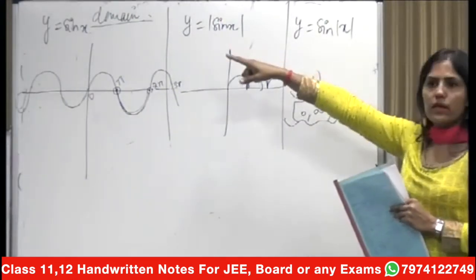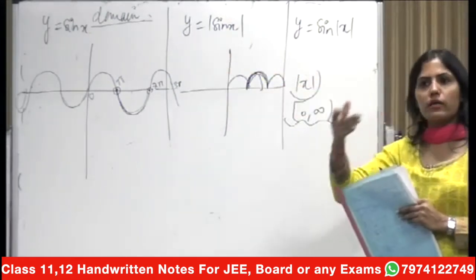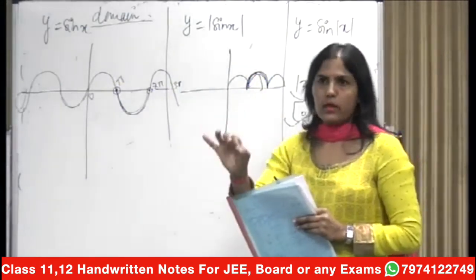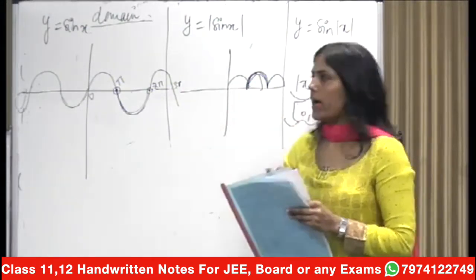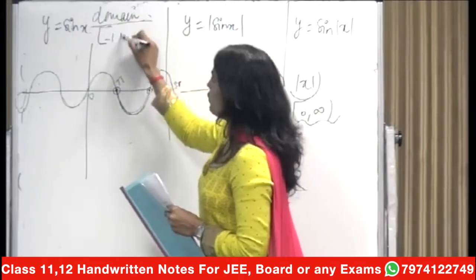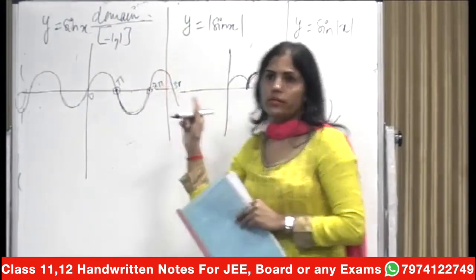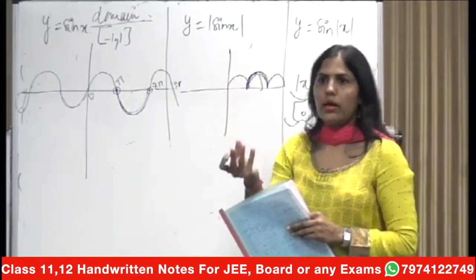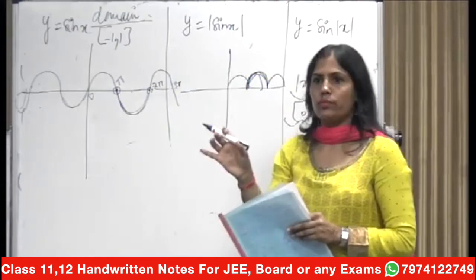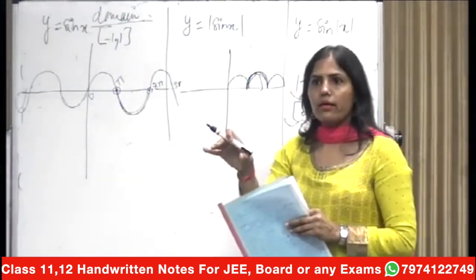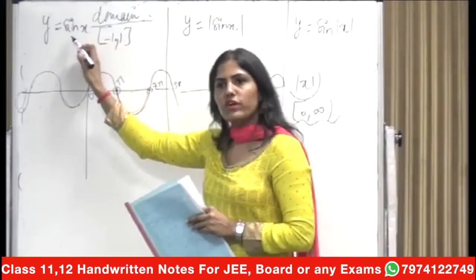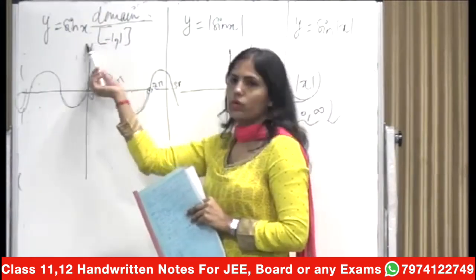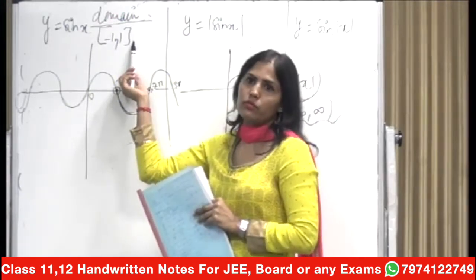Same is the case for the sine function. You know how to find sine 145. Any angle you can find. Just sit and calculate any value. That value will lie between -1 and 1. You can check it. You have a calculator. If you don't want to do it by hand, put any angle, any x value in the calculator, and just check what value sine of that comes out to be. That value will be 100% between -1 and 1. So this is the range set of that function.